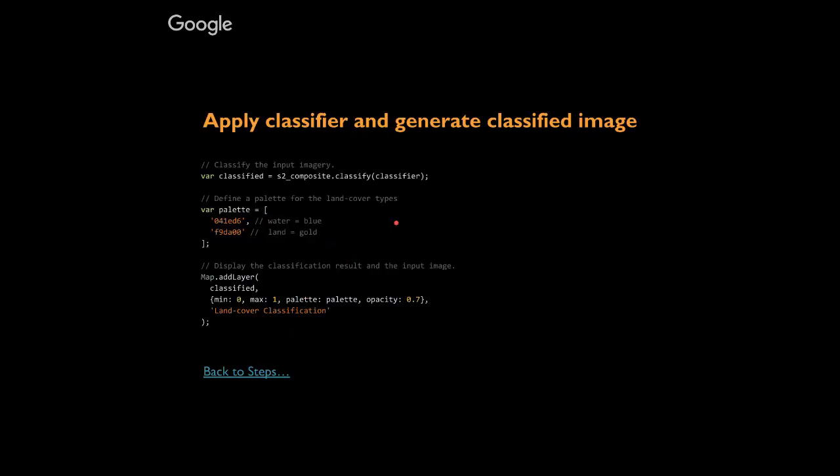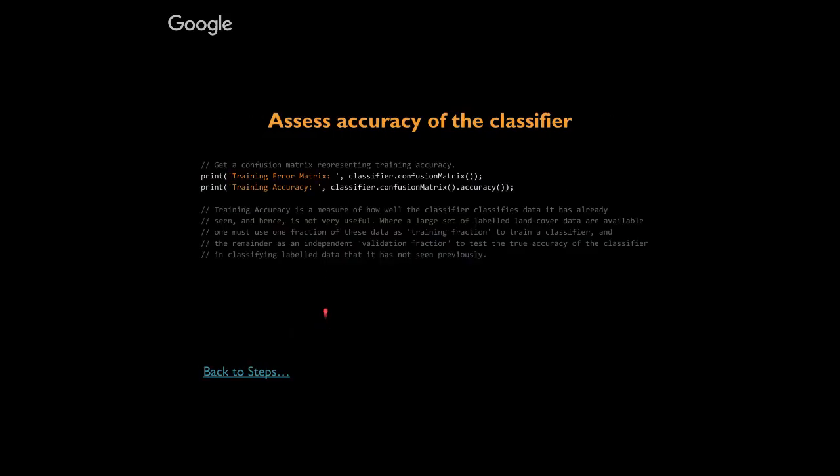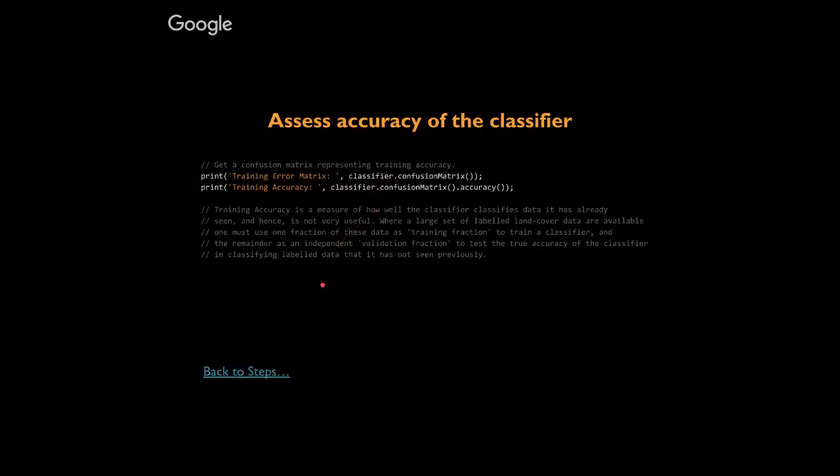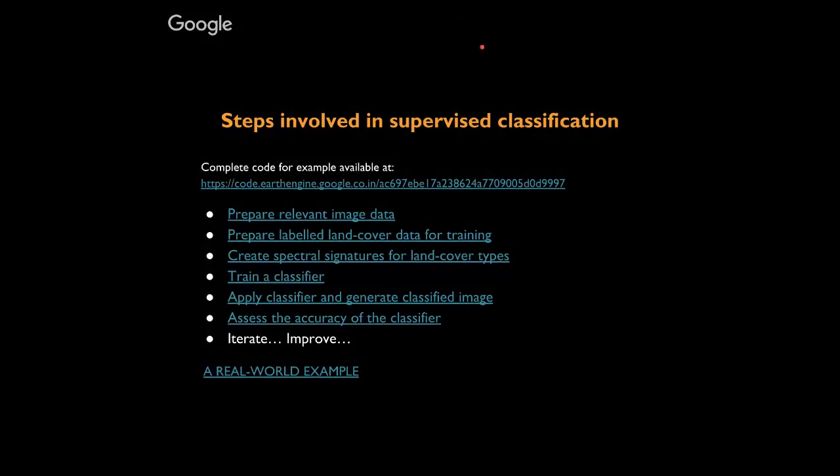And then we apply the classifier and generate a classified image. We will see how to do that. And then finally, this is of no value if we do not know how good we have been at classifying something that is actually a real world category. So we will try to find out how accurate we have been with our classifier. So these are the steps that we will be looking at when we